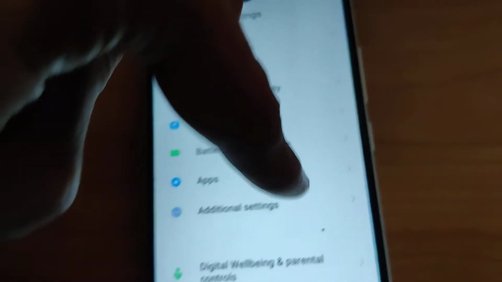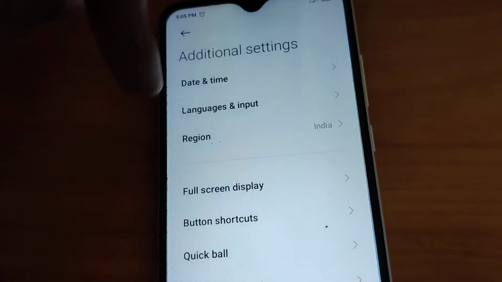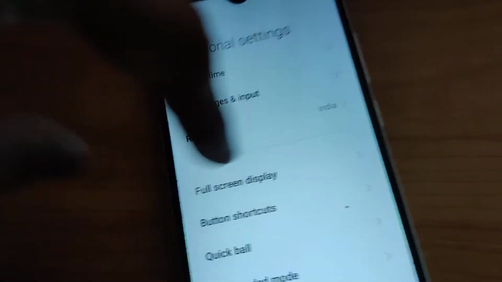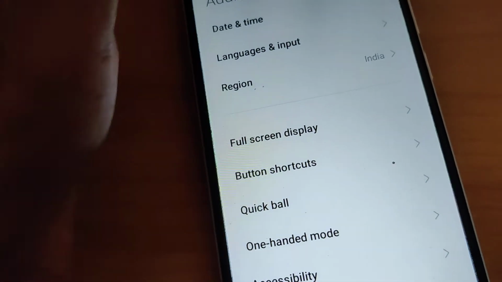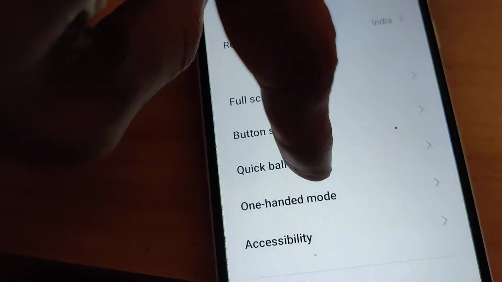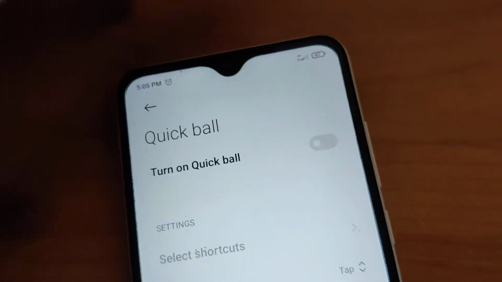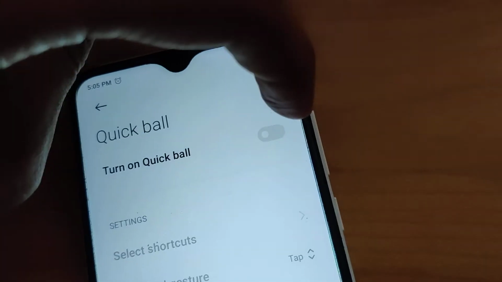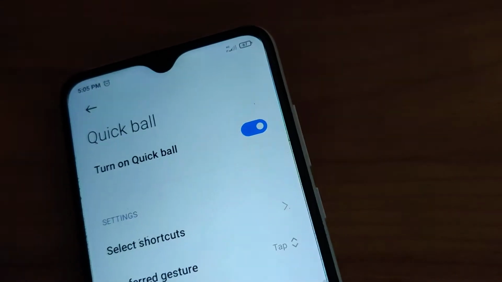You can click on the additional settings, and in this additional settings, below date and time, language input, region, full screen display, here you can see button shortcuts, and below that it is written Quickball. So you must simply click this Quickball and select it, and now here it is written turn on Quickball. So if you simply toggle this button, if you simply turn it on, then the Quickball is enabled in